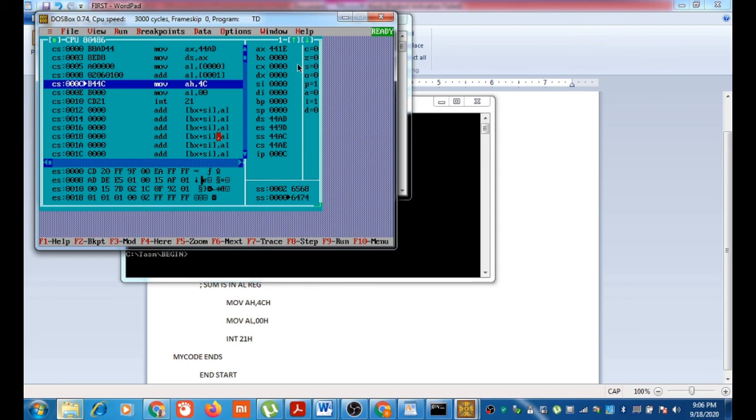It is changed to 1E. 1E means 30. We were adding 10 and 20, so the result is 30. Now these are the statements to terminate the program. Move AH, 4CH, move AL, 00, the return code, then INT 21H. Those who want to learn in depth what is this 4CH and INT 21H, go to the video on 8086 interrupts.